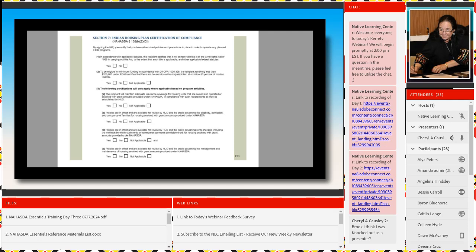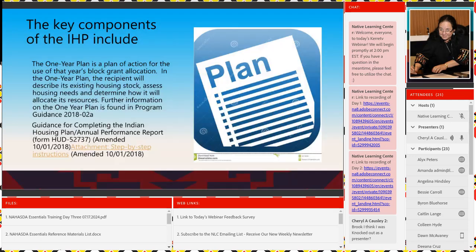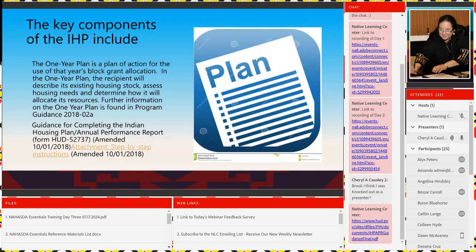That you have eligibility, admission, and occupancy policies that govern the rents charged, including the methods, how they're determined, management and maintenance of your housing units. So you got to have all those policies in place. And the recognized tribal government of the grant beneficiary certifies that they have reviewed it. That's your certification page. So the 1-year plan is a plan of action for the use of that block grant